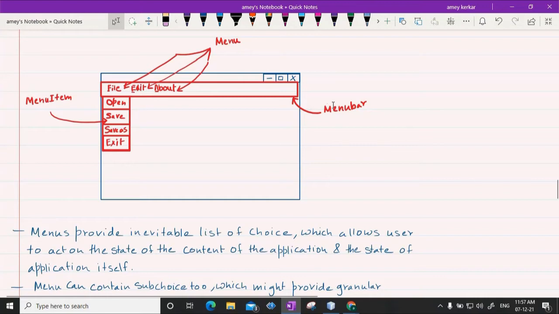For example, there is a class called menu bar, and there is a class called menu, so you can create different menus like file menu, edit menu. There is a class called menu item, in which you can create new objects of different menu items. For example, you can create open, another menu item object called save, and so on. All this we are going to see in the program.